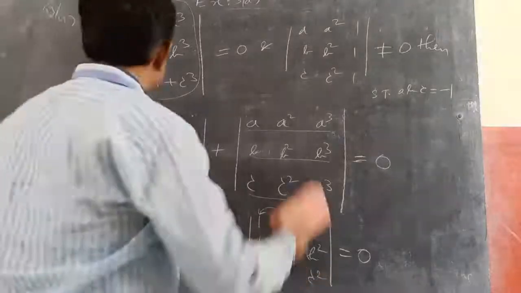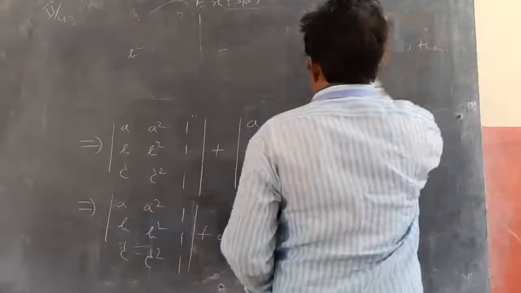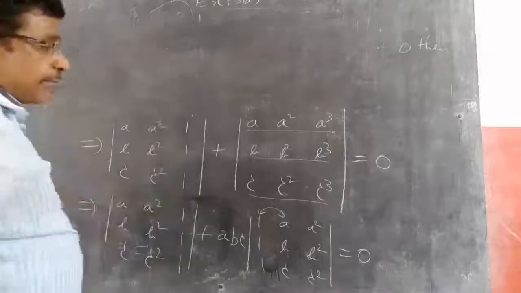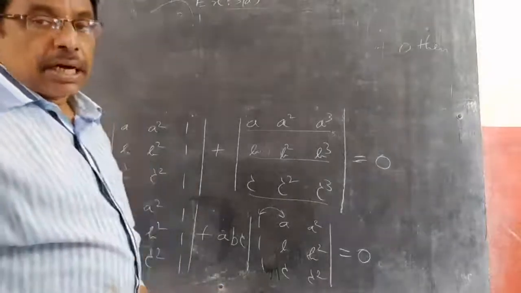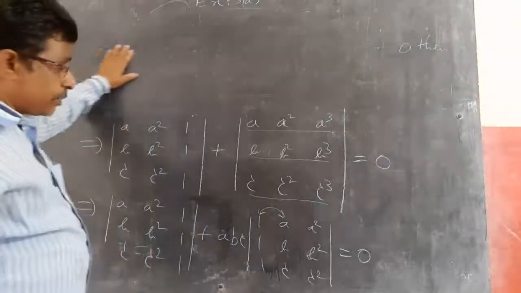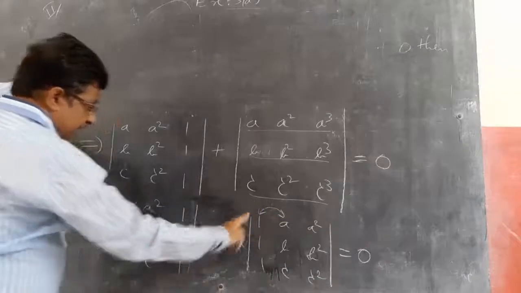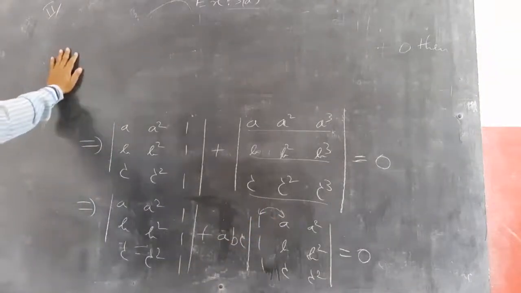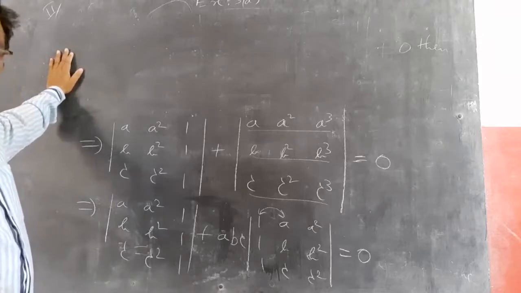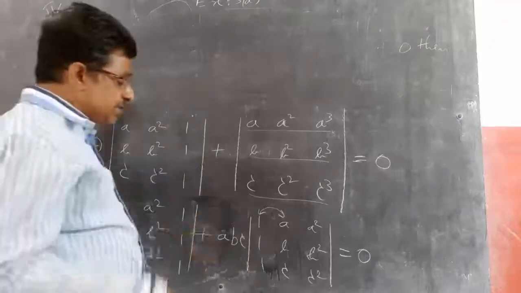Don't remember the property numbers. Remember the properties, not the numbers. Numbers are not at all important, and I did not tell you in proper order also. So numbers are not important, but properties are very important. Here the property is, if any two columns or any two rows are interchanged, then it is changed by sign. It may be the sixth property or the seventh property. The number is not important. As I gave, it is the sixth property.